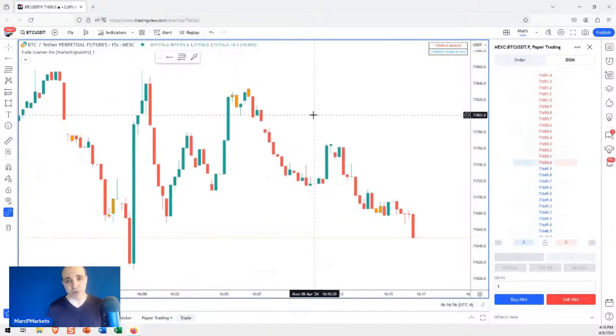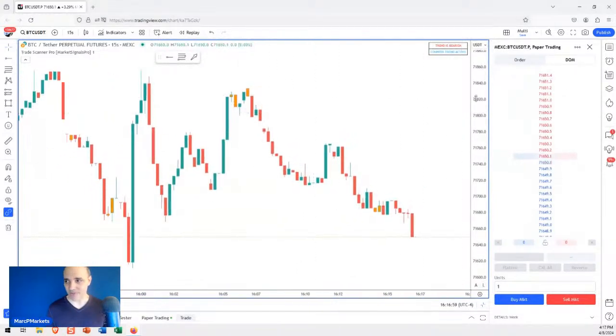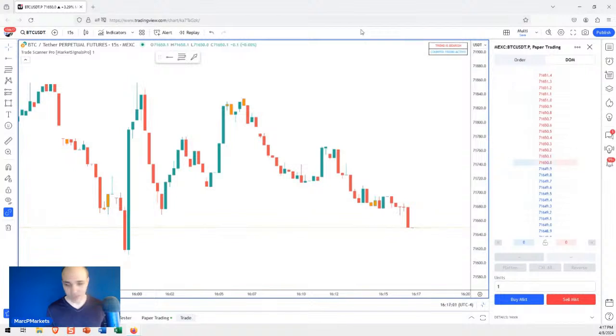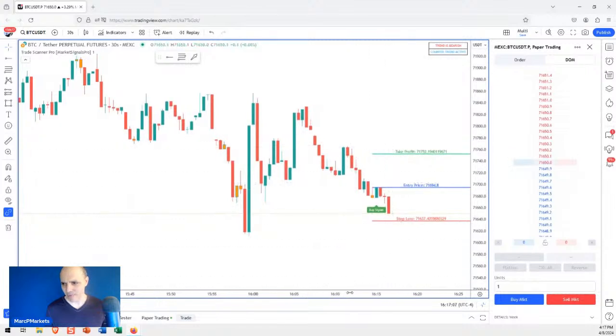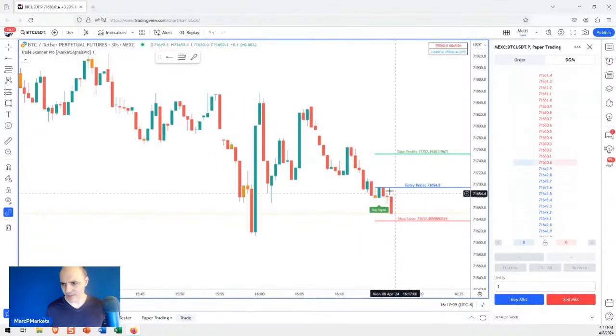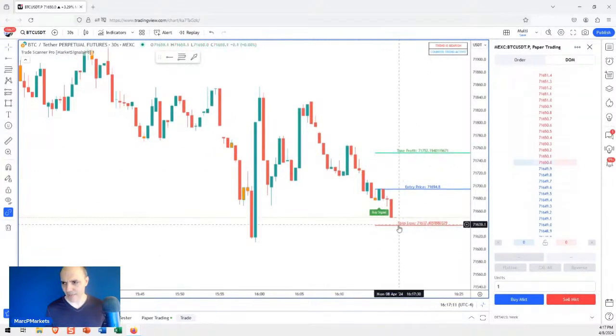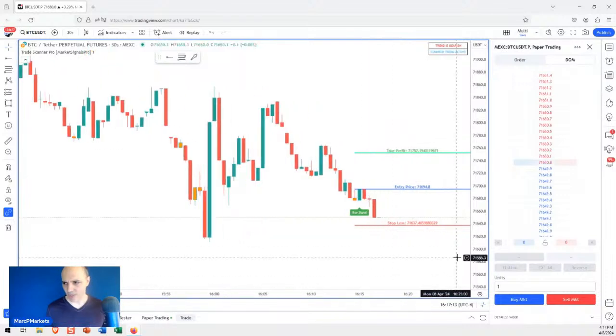I'm just doing this to show you, to just demonstrate the script, but these are not quality trades. Let me go to it. I just want to see if I can get a winner. Let's see what we have here. 30 seconds. This hasn't been stopped out yet. I'm not doing anything with this. We're just going to watch it.